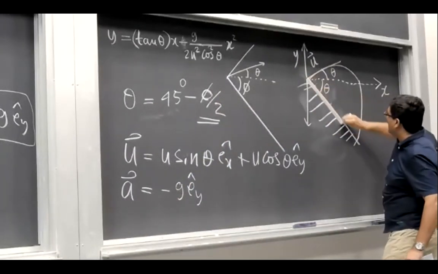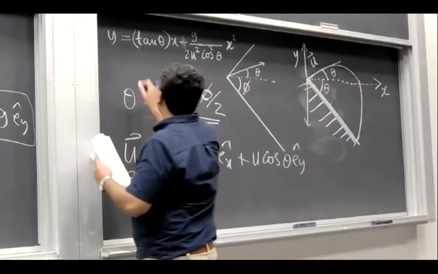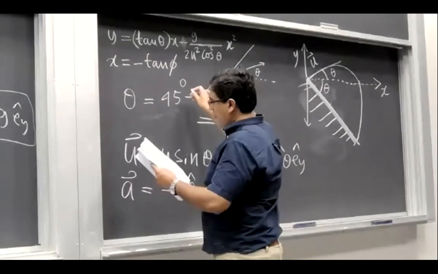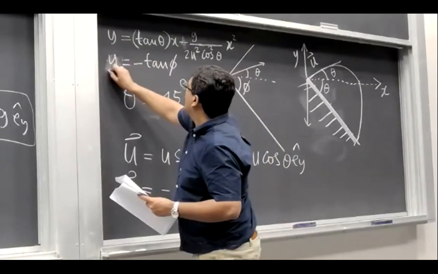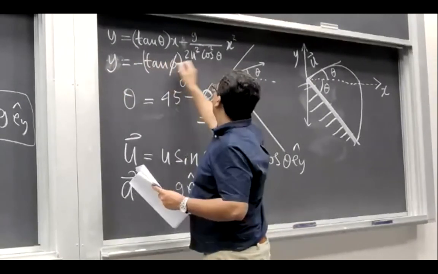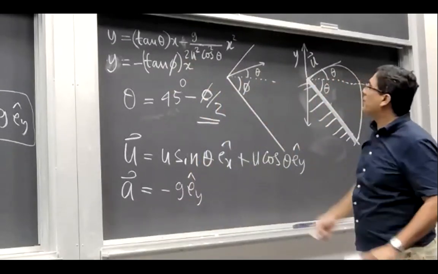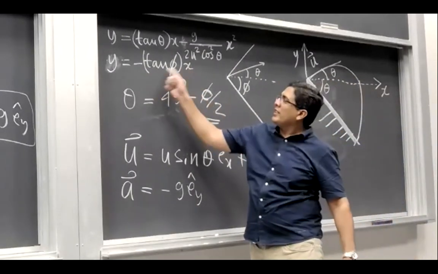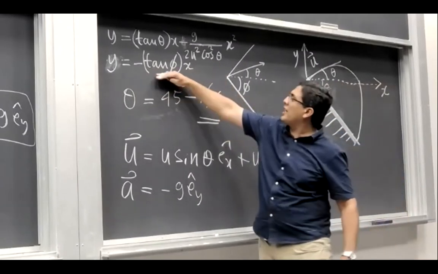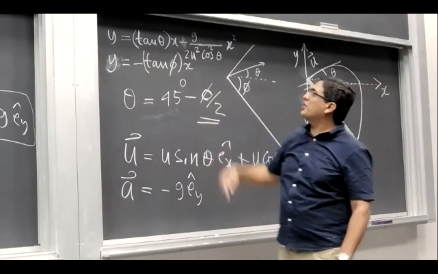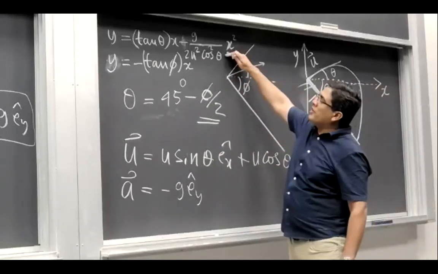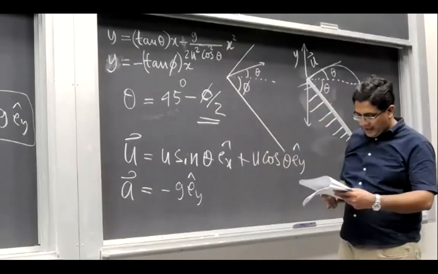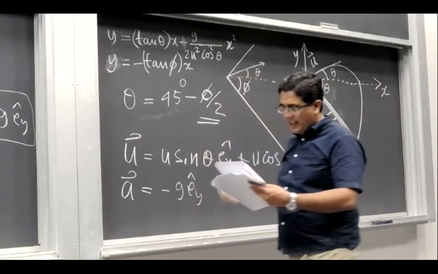And the equation of the straight line to represent this ground is y equals minus tan phi x. So you have two equations, the equation of a straight line that passes through the origin. You recognize that y equal to minus some constant times x is an equation of a straight line that passes through the origin, and up here you have an equation for the parabola.